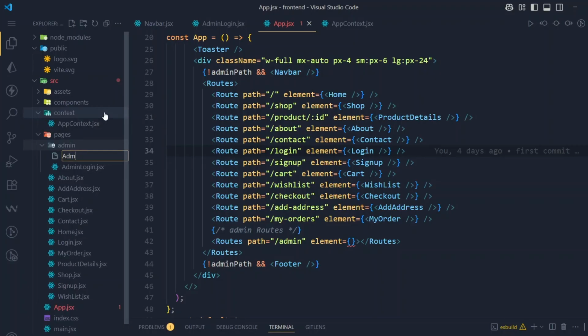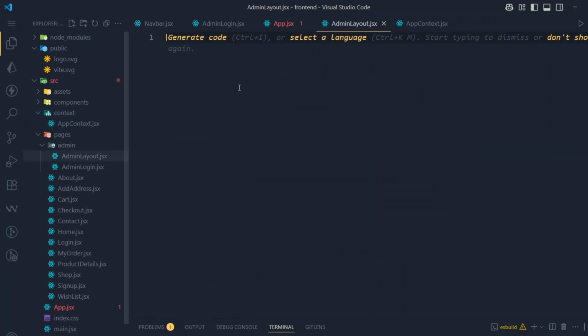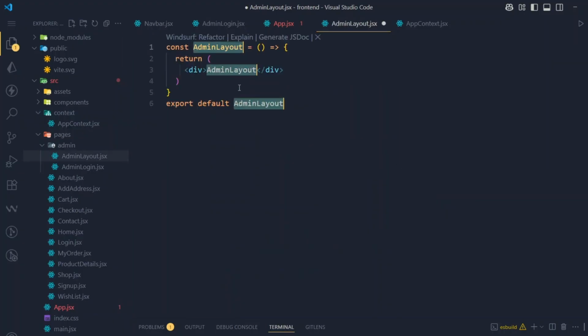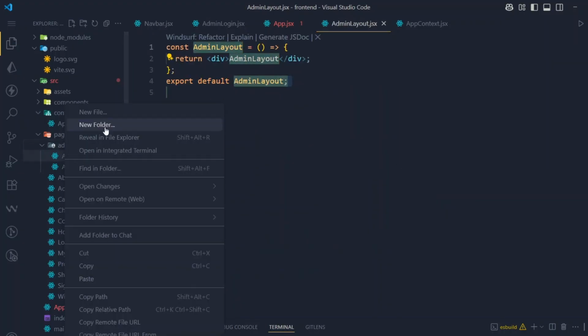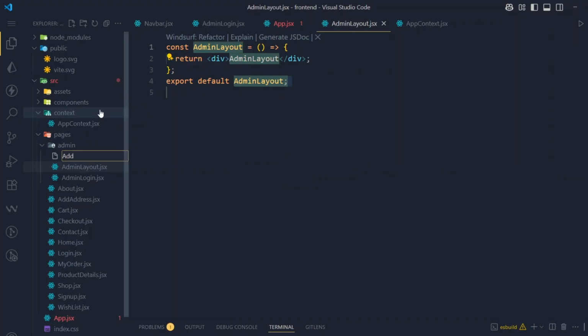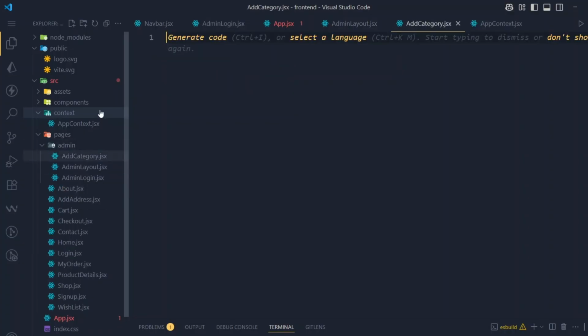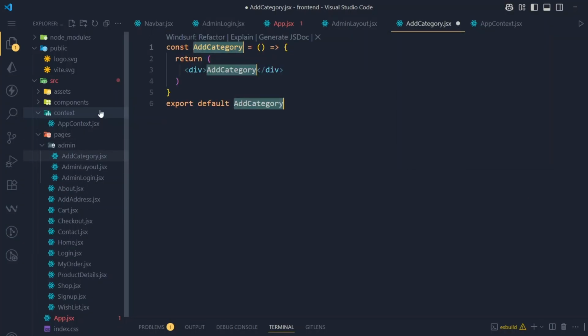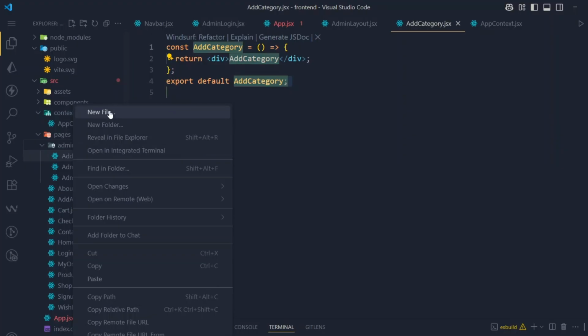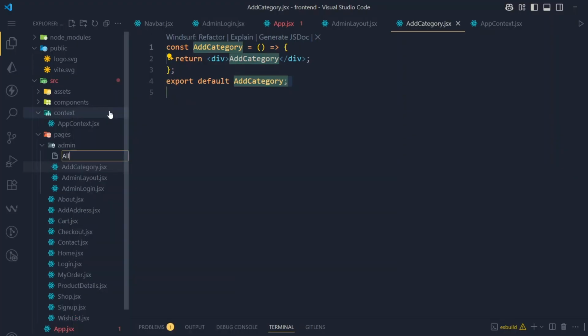admin layout dot jsx like this, and we will use refce. After that admin can add category, so we will add category page, add category dot jsx. We will use refce add category, and we will use all categories here. So in this we will show all categories dot jsx